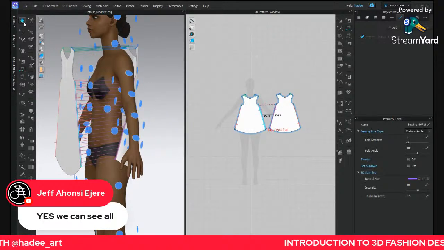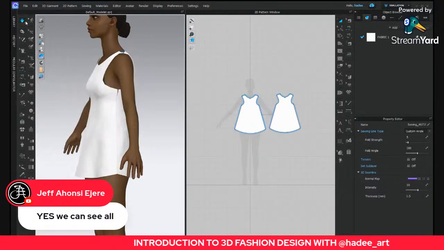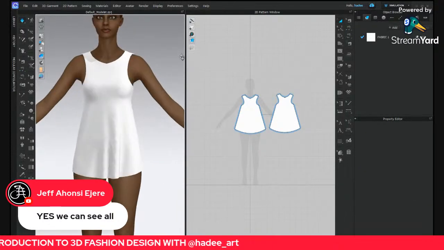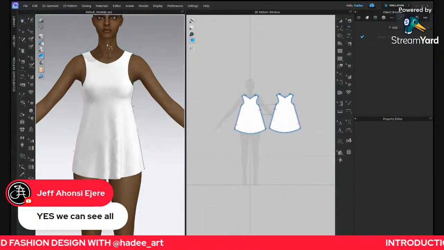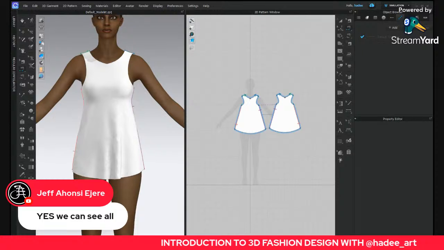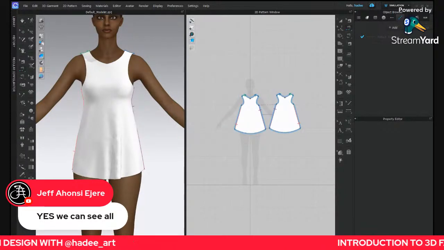The next thing I'll do is I'll hold the reference point and I'll simulate this on my avatar body. And we have a dress. As we can all see, we have a dress now, and you all would agree with me that I really did not know how to create this dress. I made use of a pattern that I saw on Pinterest and downloaded it and traced it out to actually create